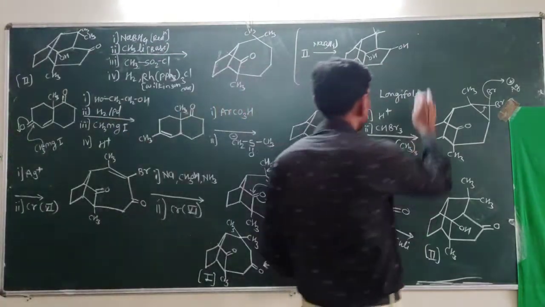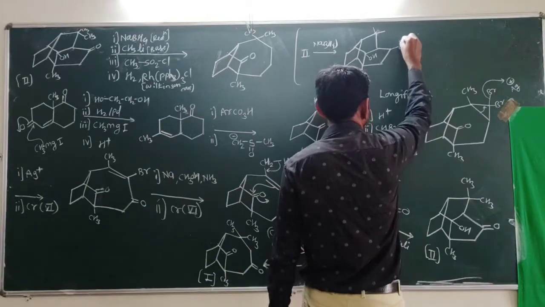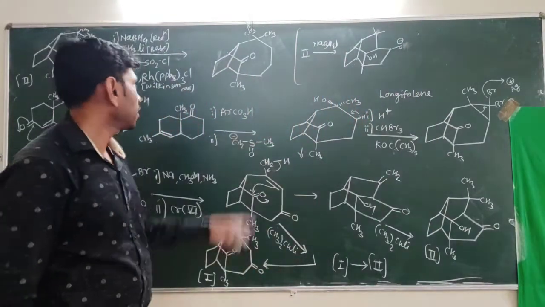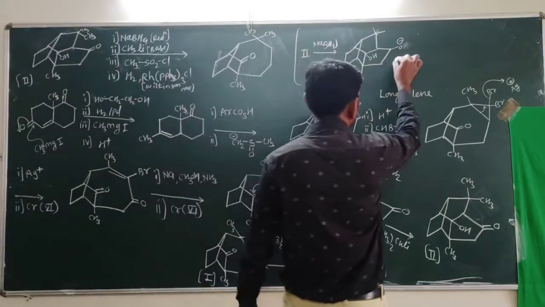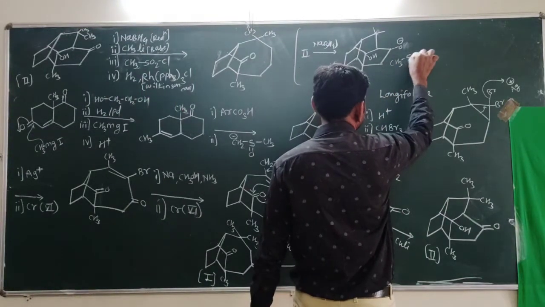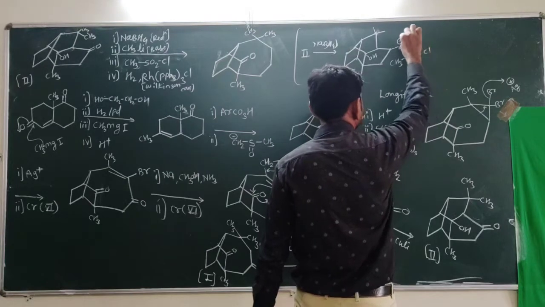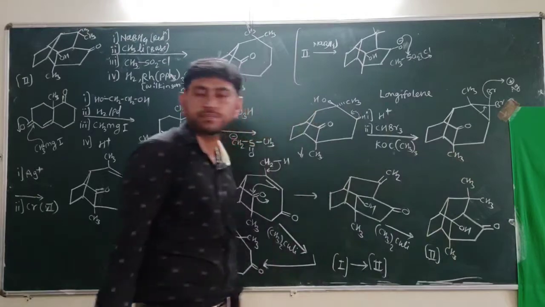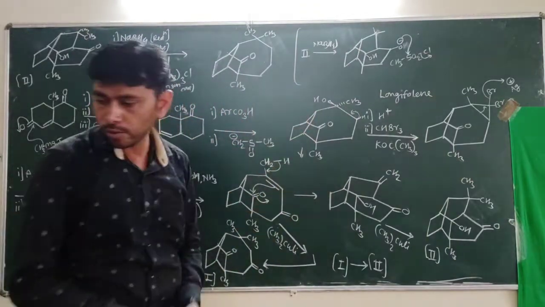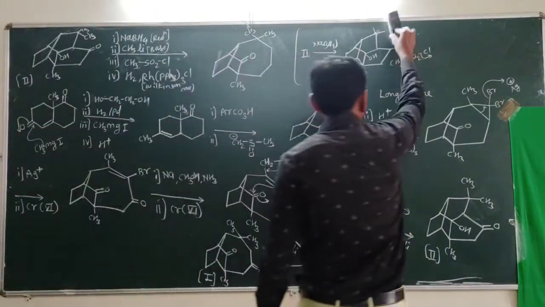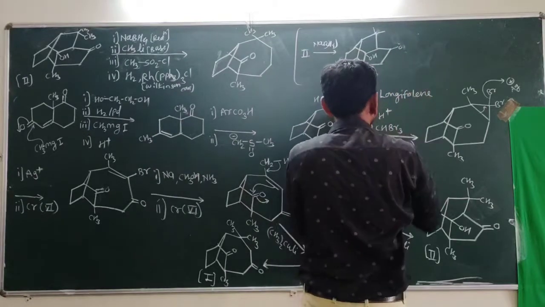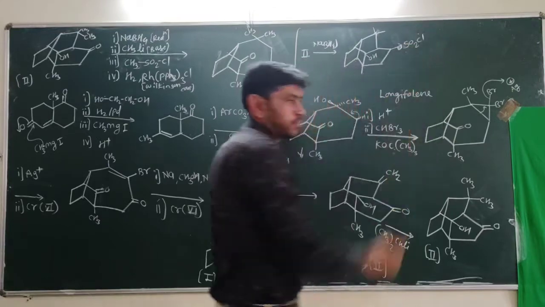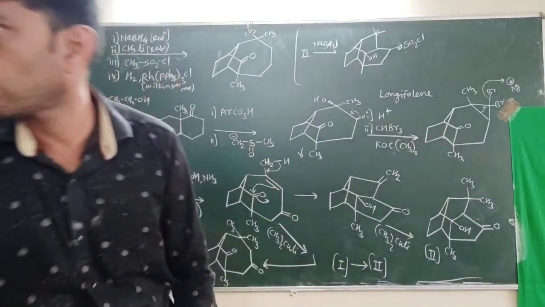Now the second is CH3Li. What is the function of CH3Li? CH3Li removes this proton from the less crowded side. O minus is there. Now this O minus attacks on the reagent, that is CH3SO2Cl. So when it attacks on CH3SO2Cl, Cl minus is removed, and we obtain the product. See how the product is obtained. So mesylation, mesyl formation is there.